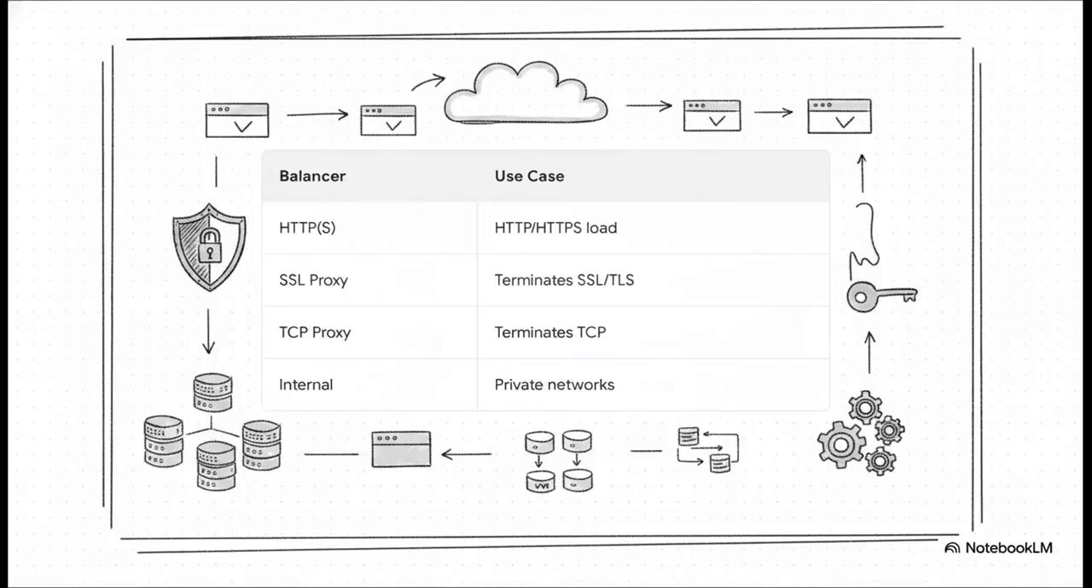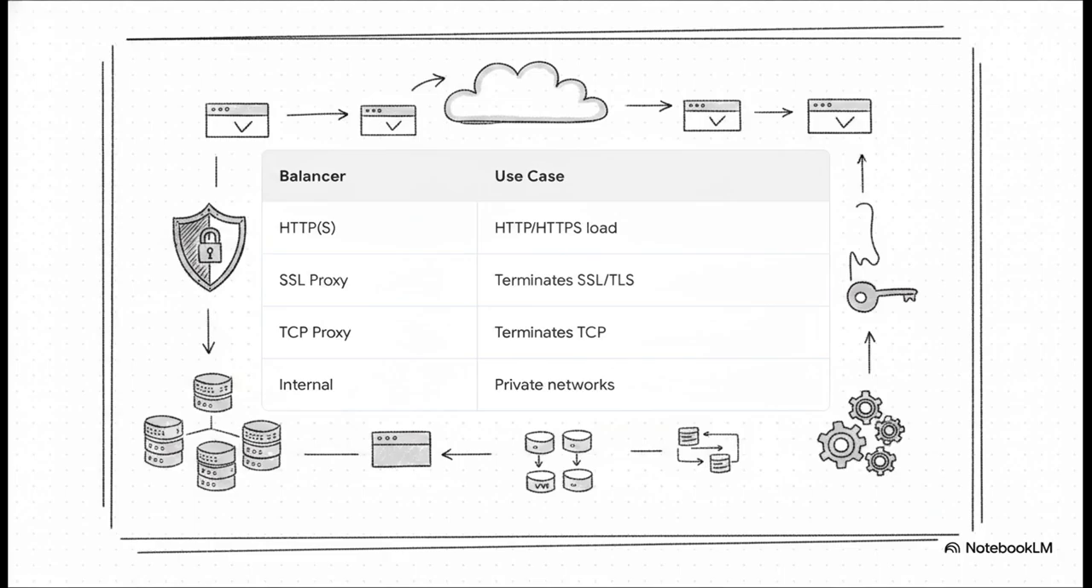You don't just pick one of these load balancers at random. You have to map them directly to specific protocols. If you're dealing with standard web traffic, HTTP or HTTPS, that has its own dedicated balancer. Need to terminate SSL or TLS connections globally? You use the SSL proxy. Terminating TCP sessions, TCP proxy. And if you're balancing traffic strictly on private networks that host internal VMs, you're going to turn to the internal